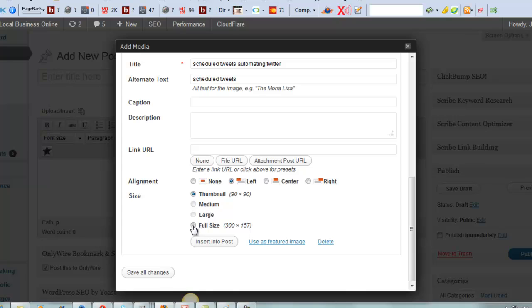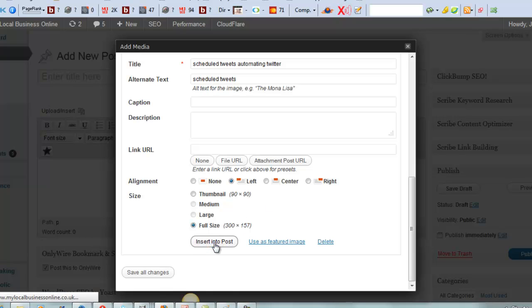So we'll leave it at full size. If you've got a particularly big picture, you can also choose medium and large settings. But like I said, if you resize the image before you upload it, it's actually easier on the browser that's viewing it, because it doesn't have to load the full image and then resize it on the fly, which makes loading your website quicker, which is good for you.